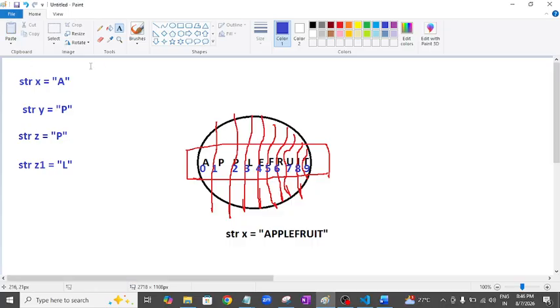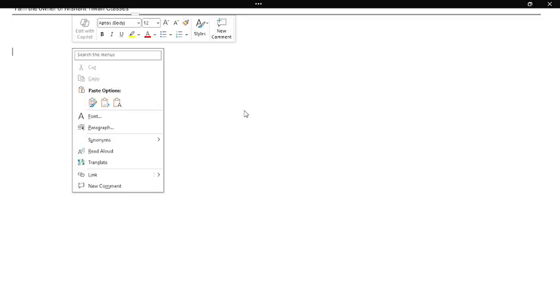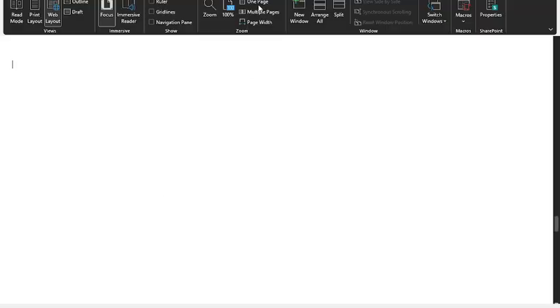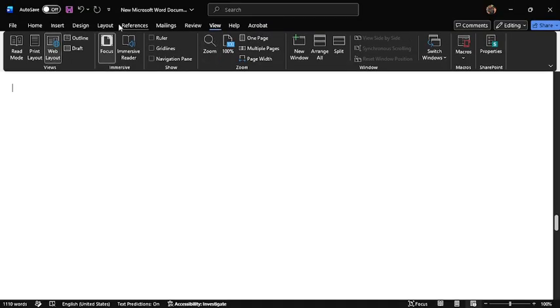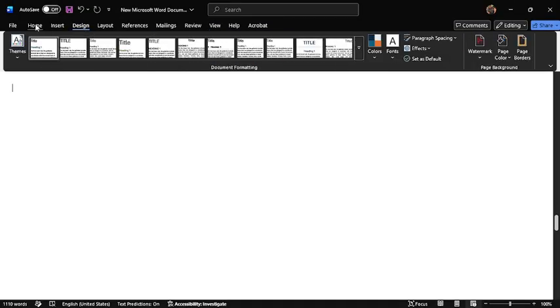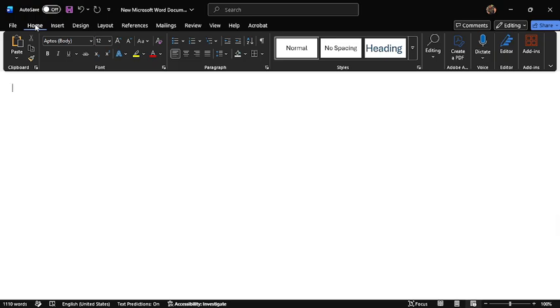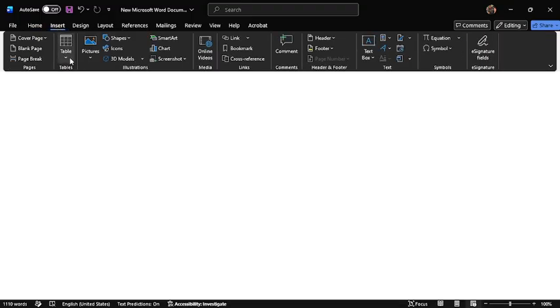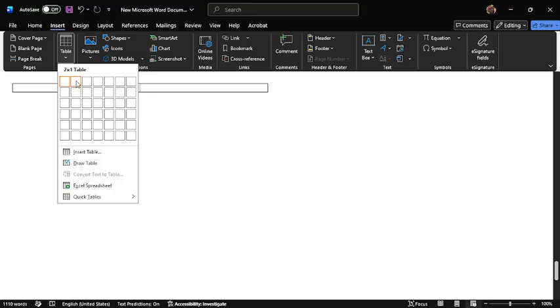So what we are trying to explain is, let me create an index here. What I am going to do is I will insert a table. Insert table. Say I am inserting table like this,